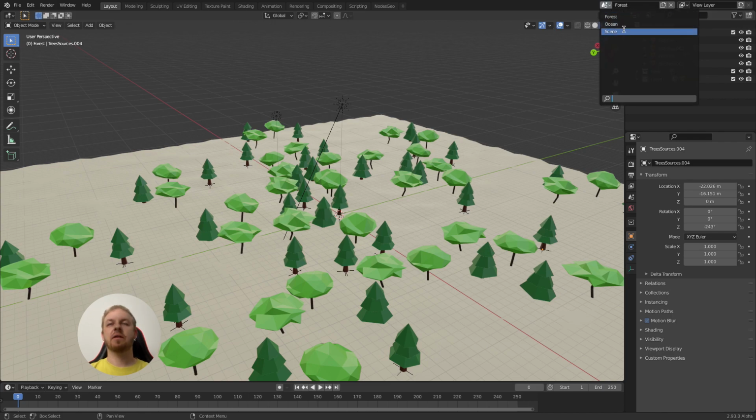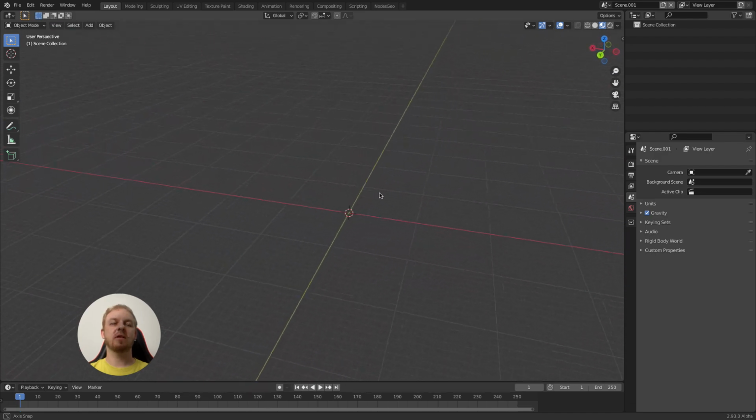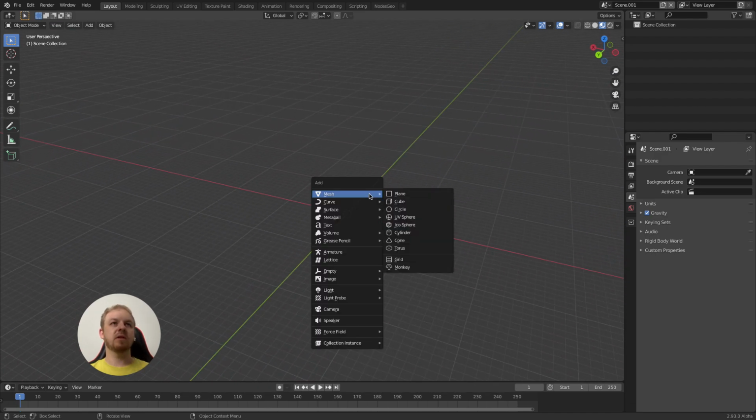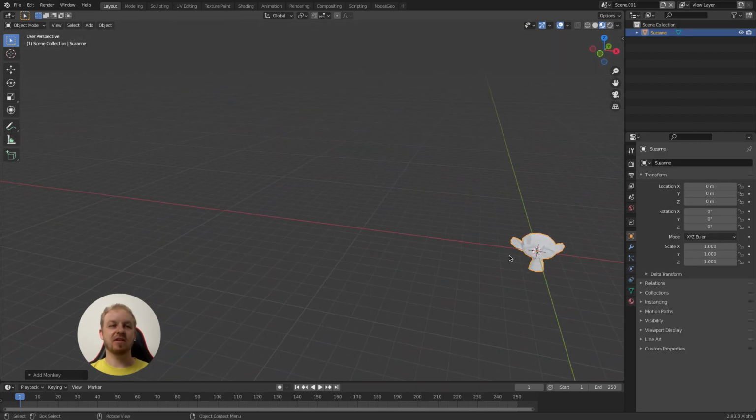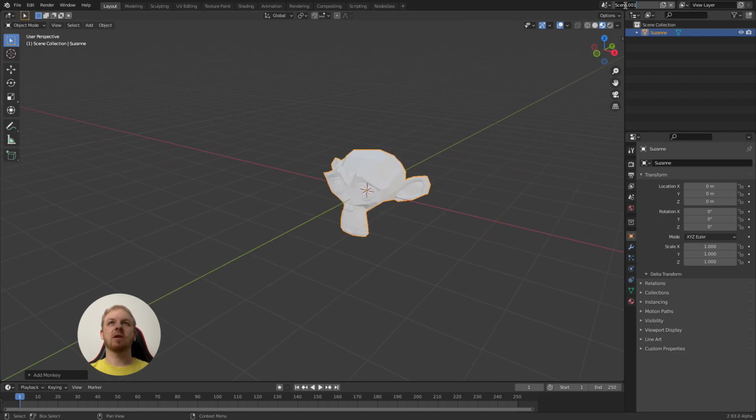As you can see, I have a bunch of those here, but you can create a new one. So here, new, you can copy some settings or link or full copy, which will be a full duplicate of this exact scene. So let's create a new one, and as you can see, new is totally blank, and what we can do is just add something. So let's add a monkey because, yeah, why not? And yeah, so this is our new scene and we can rename it to